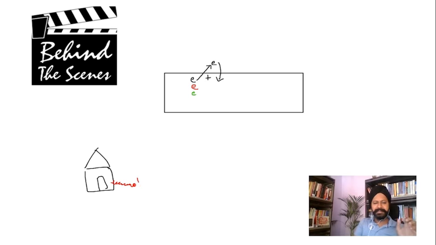Right. So let's say there is a dog here. Now the dog can roam around briefly, but then it has to go back. It cannot run away. It can come out briefly and then go back into the house, but it doesn't have enough energy to break that chain and just run away. And that's exactly what is happening here. The electron can briefly come out, but then it cannot just run away. If you provide some energy, it can run away. But as of now, the electron is coming out briefly and then it goes back.